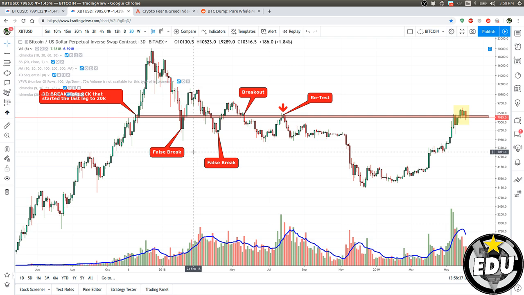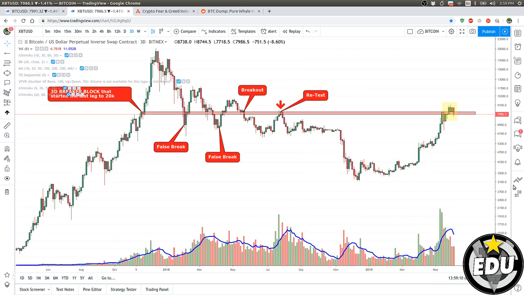So if I'm tracing the 1 hour, it's a different story than the 3 day time frame. Okay, this is a false breakout. It was never able to stay above the breaker. Then it went up, never broke below, never really confirmed a downtrend. Then price went back up, tried again, false breakout, then the real breakout. It broke, retested, and continuation. So that's why this level is important for me.